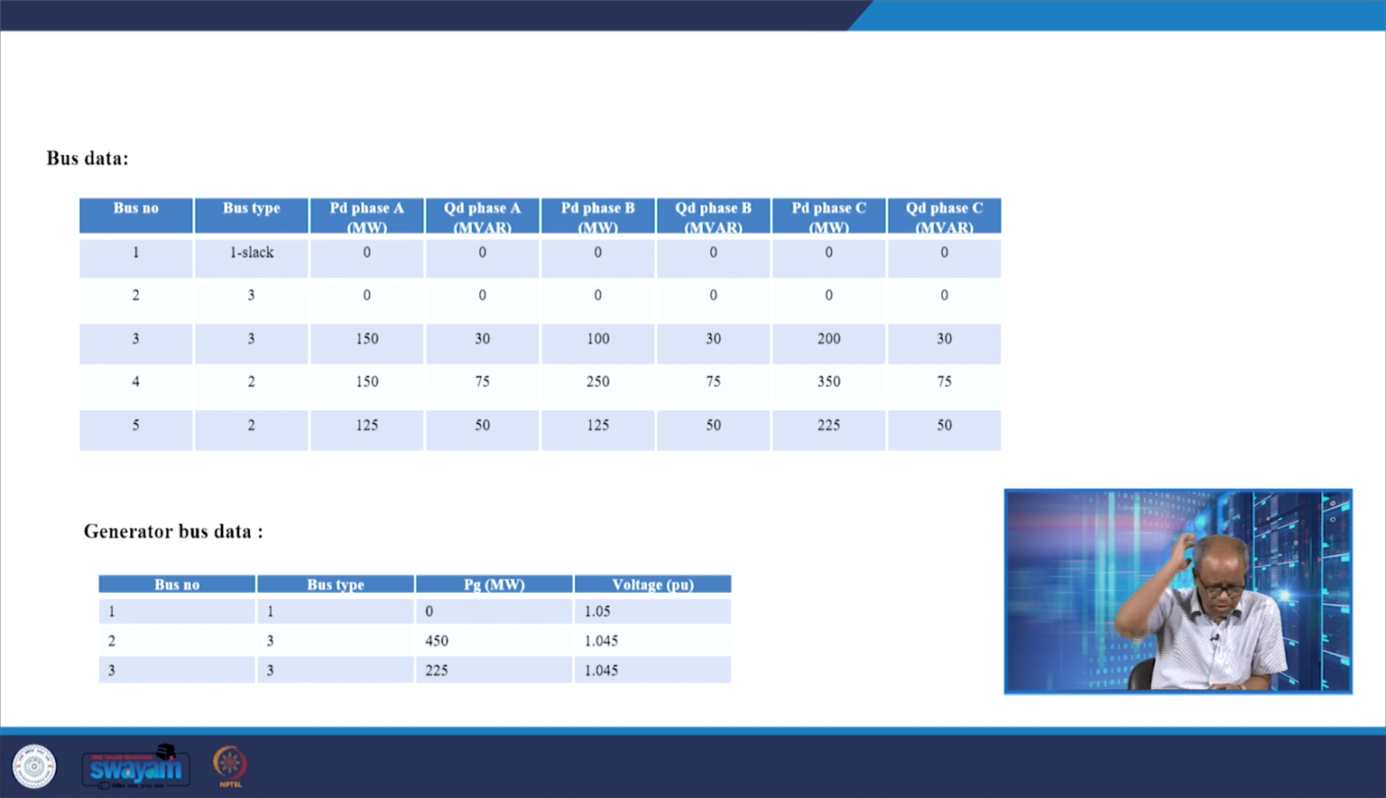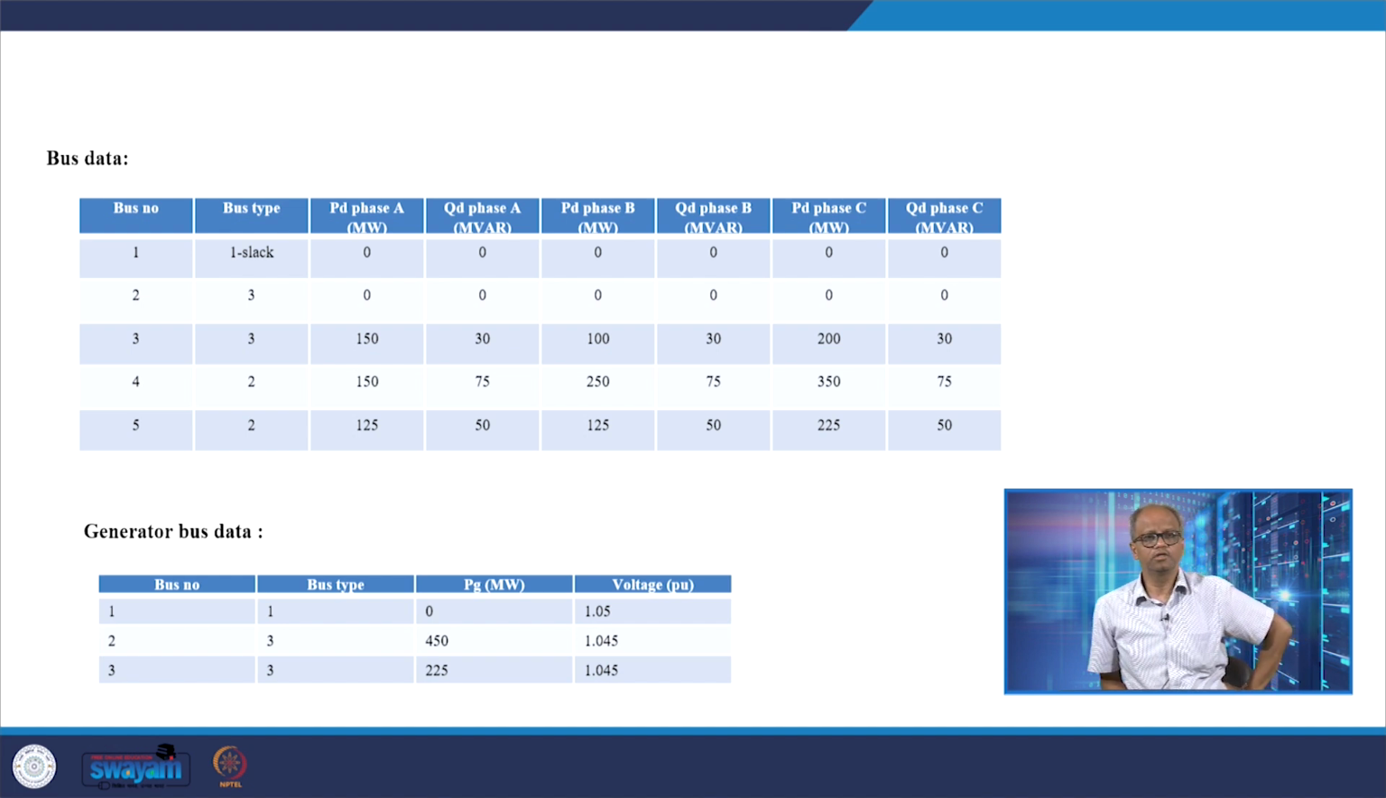And this generator bus data is, for example, basically they have specified voltage for bus 1 is 1.0. As we have said, this particular specified voltage is nothing but the average of these three phase voltages, phase A, phase B, phase C. Similarly for generator 2 and 3, the specified voltage is 1.045 per unit. And because generator 1 is the slack bus,